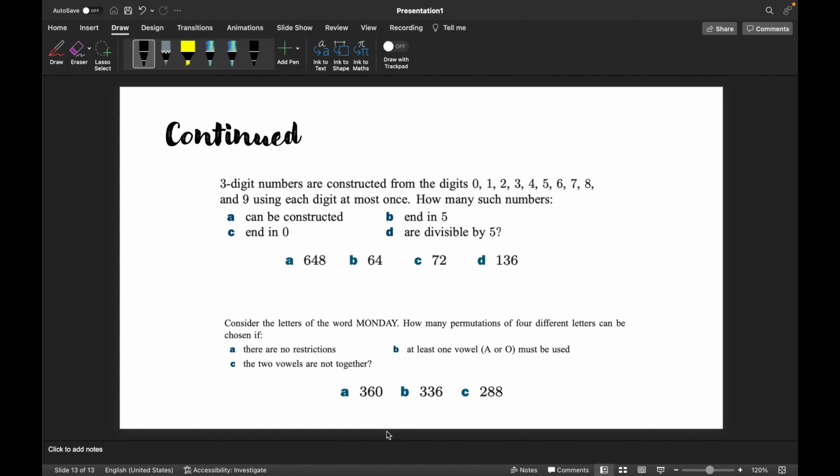And with that, we're done with permutation. Try to solve a lot of questions from the book, from the past papers,